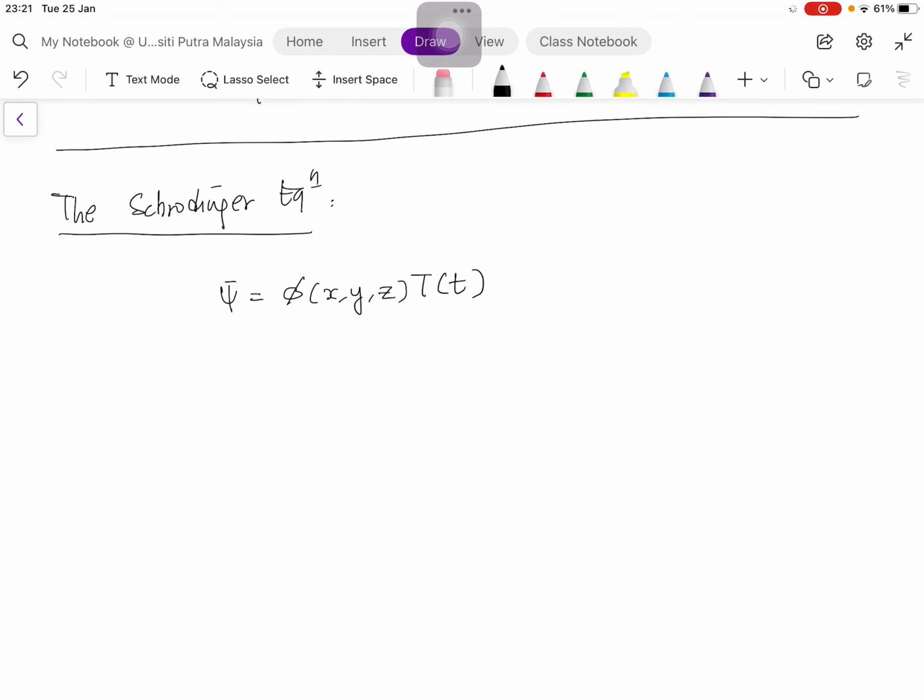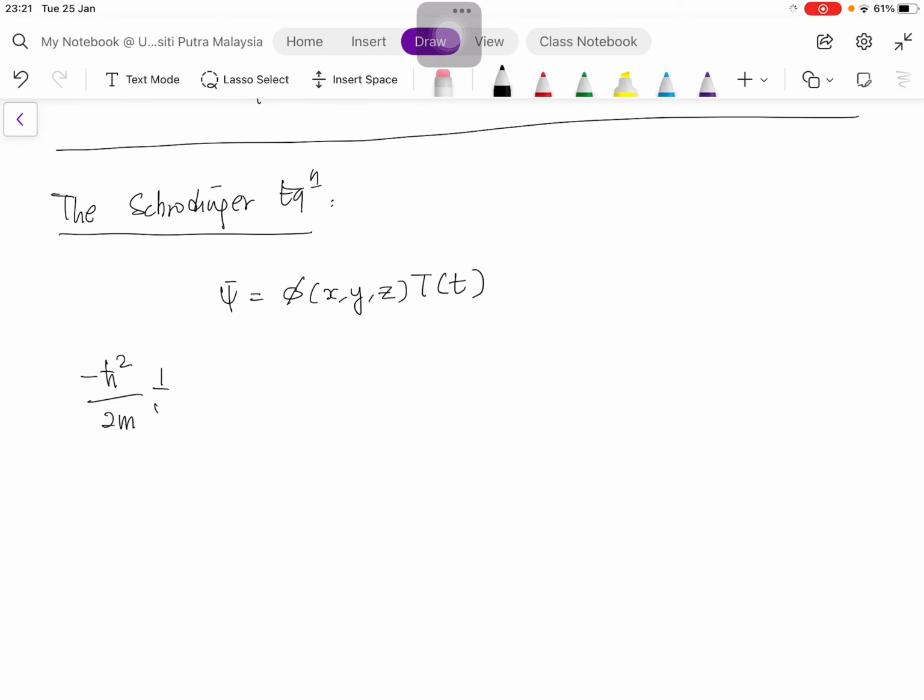It's a partial derivative, again it's a PDE, and your Schrodinger equation takes the form minus, you have a reduced Planck constant,